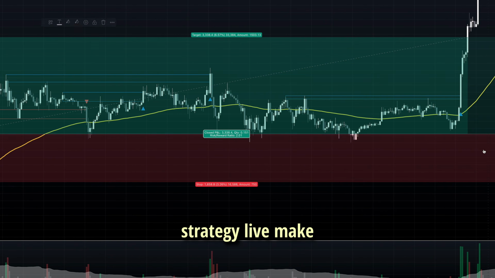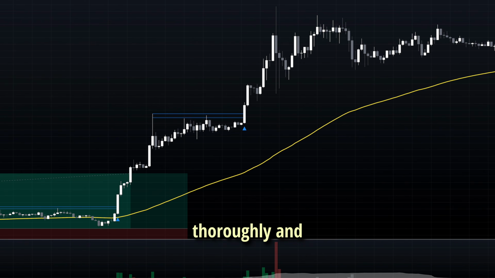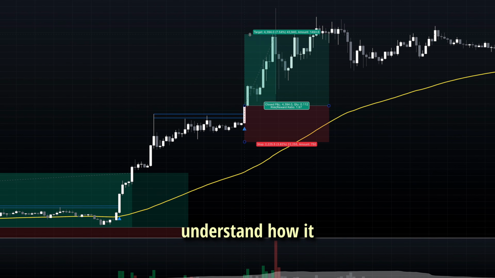Before trading this strategy live, make sure to backtest it thoroughly and consider paper trading to understand how it performs